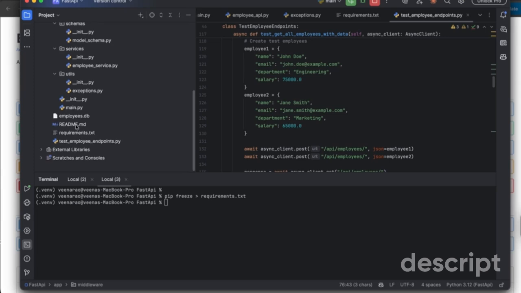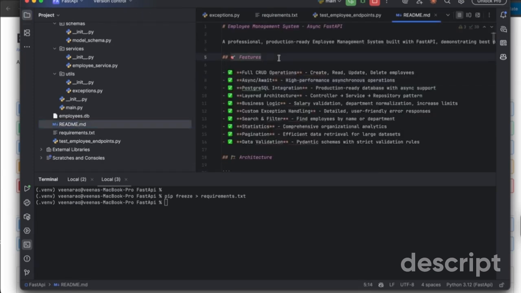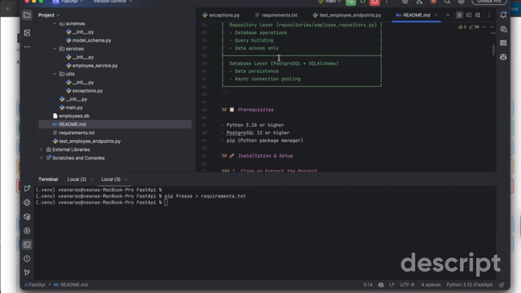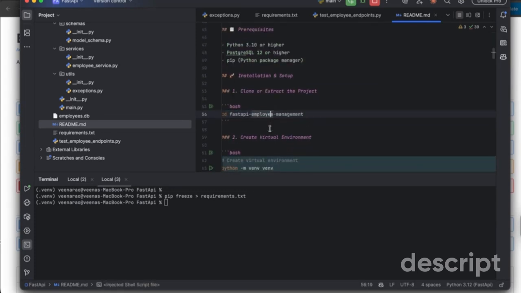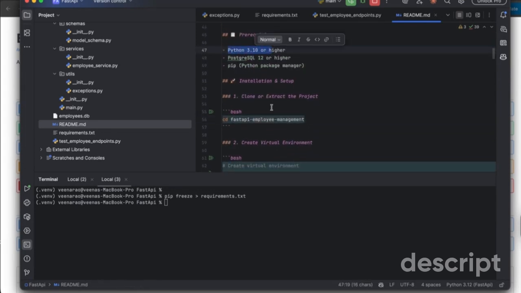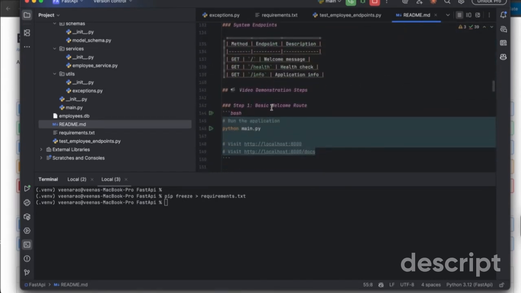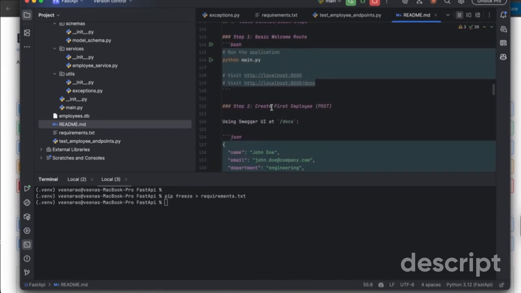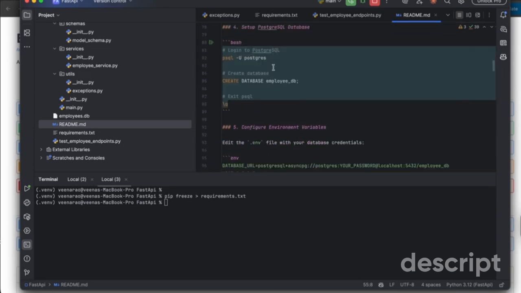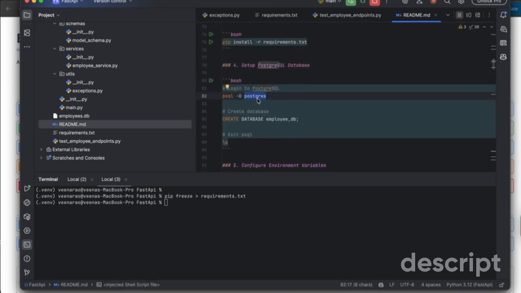And lastly, I have created this document where I have captured all the steps as to how this needs to be run and what are the Python libraries that should be installed for getting this executed. You can just follow these statements and let me know for any issues. I think I have mentioned it as Postgres. It's not Postgres. It should be the database that we are currently using. I will be updating the file. You can follow all the listed steps and let me know if you have any difficulty in understanding this application.